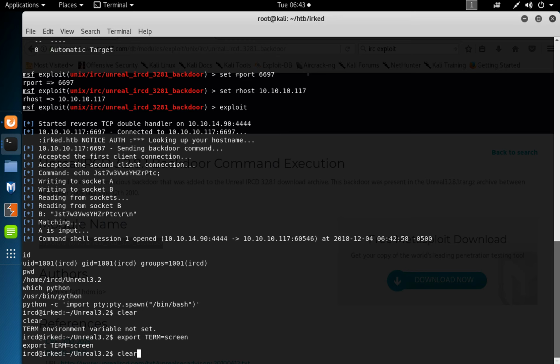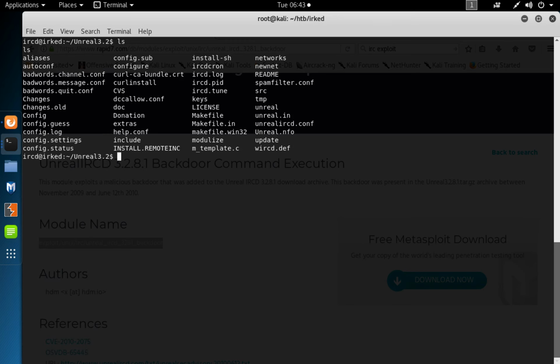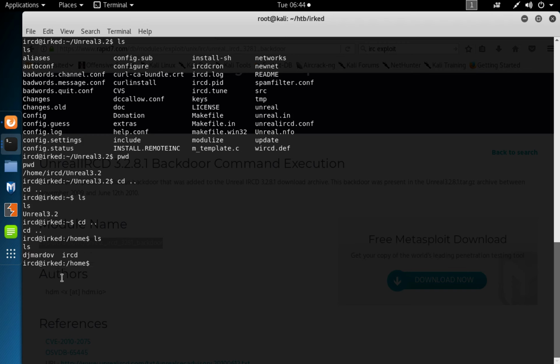Can we clear the screen now? Yeah, we can. So ls, pwd. I think we're actually in this Unreal3.2 folder or directory. So let's go backwards, ls. And in the home folder